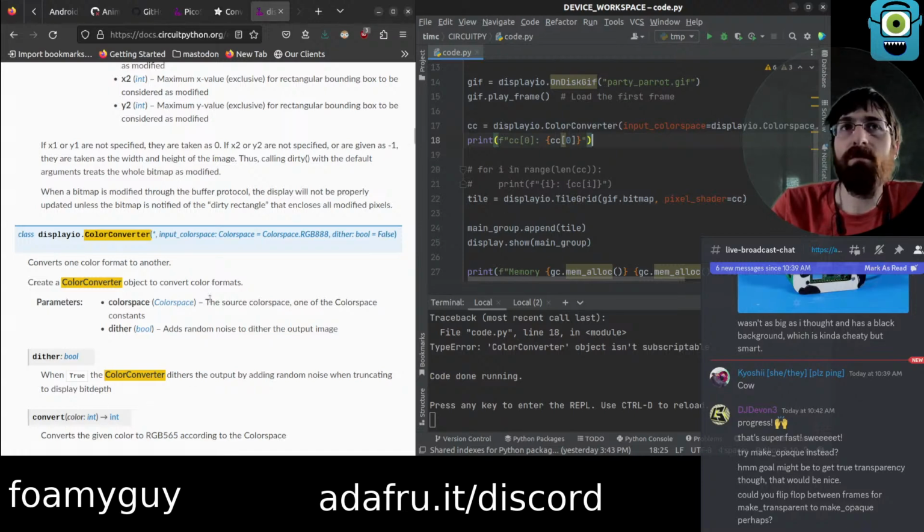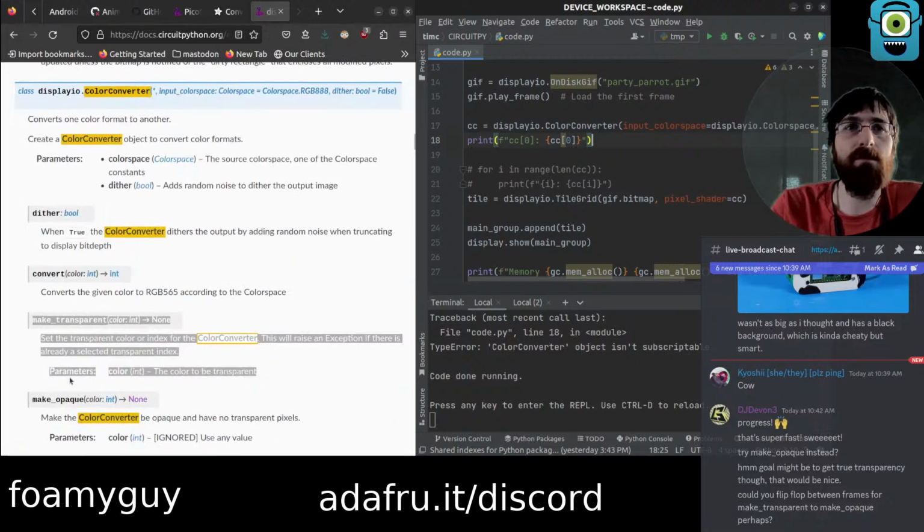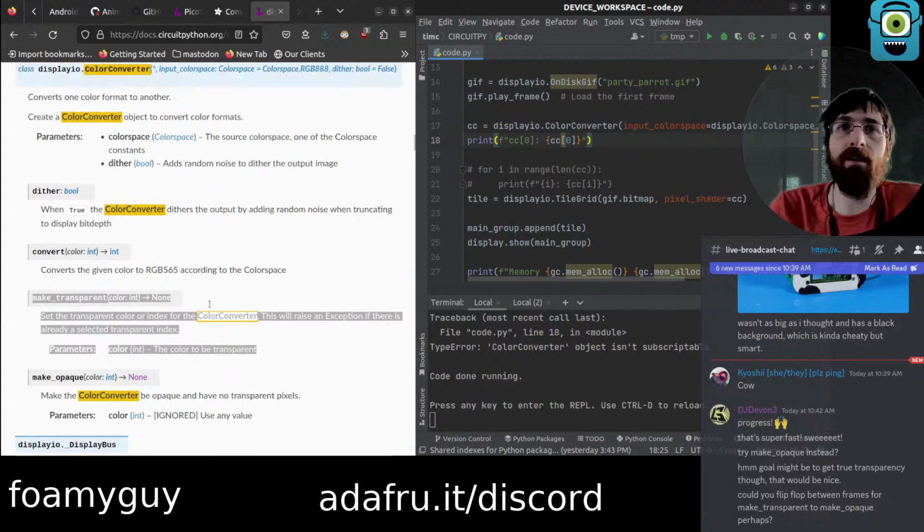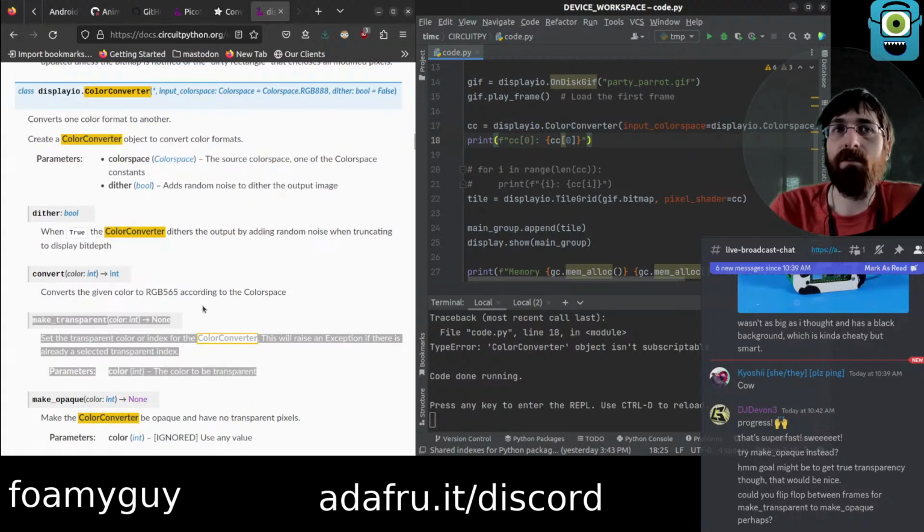I mean, they should go together, I think. I just don't know what they... I don't understand how they would work within the context of this object. Need to probably do some basic probing on color converter and figure out what it's actually doing.